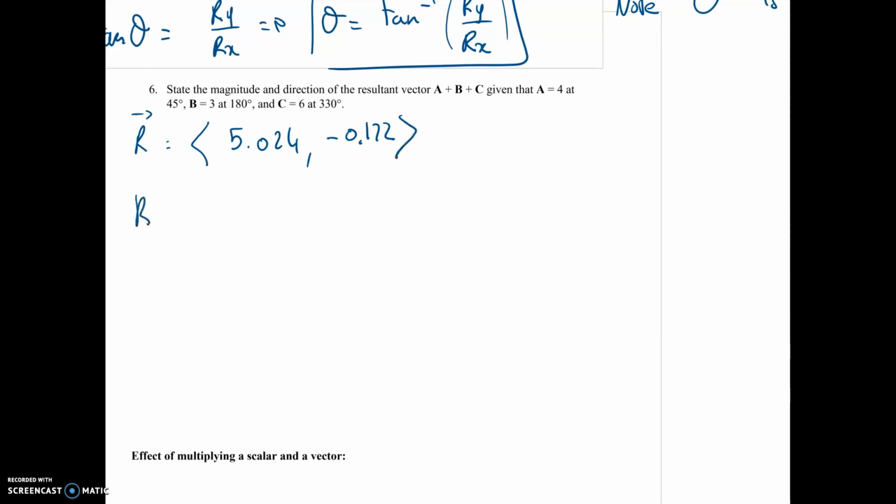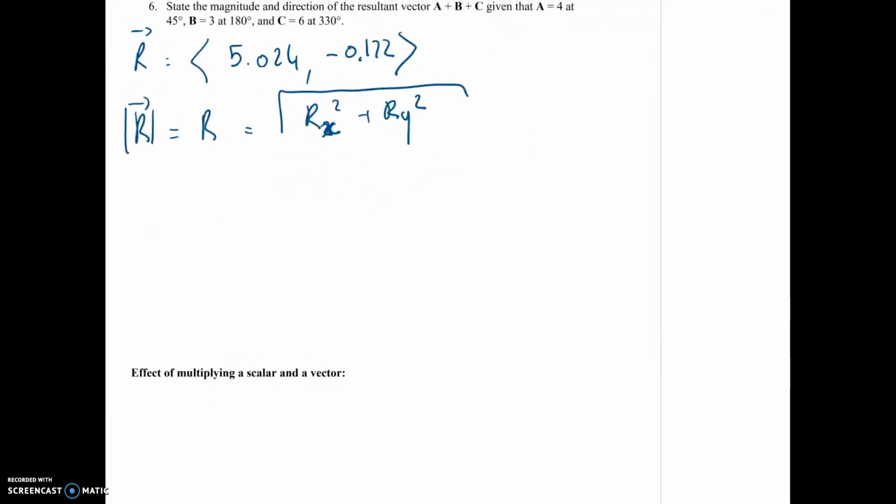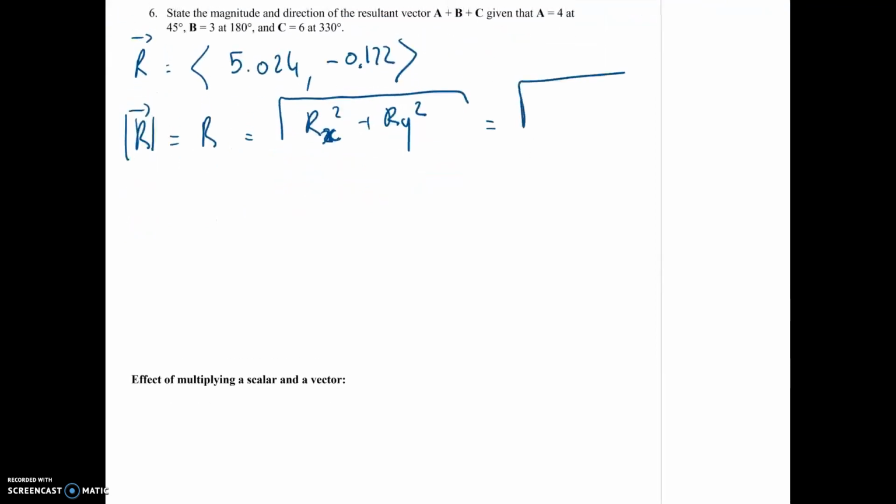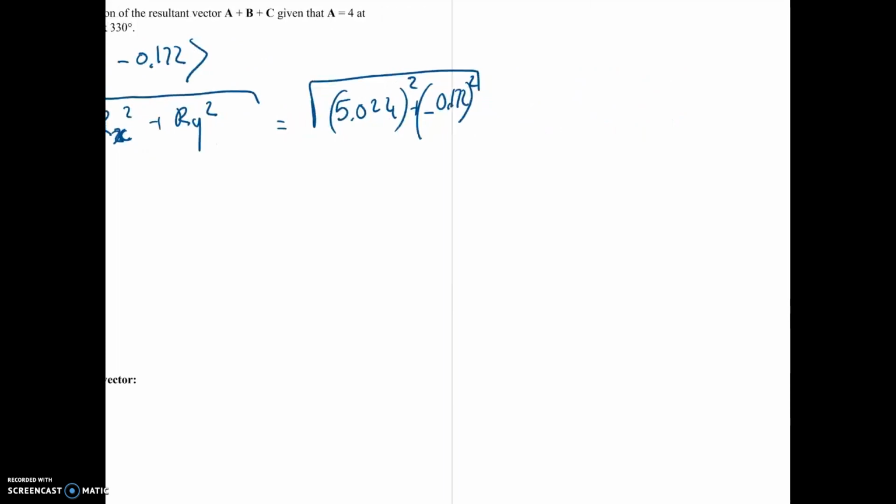So when I calculate the magnitude of r, I use the right triangle, rx squared plus ry squared, and therefore end up with the square root of 5.024 squared plus negative 0.172 squared,